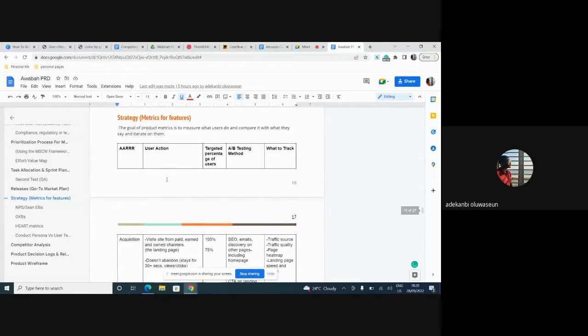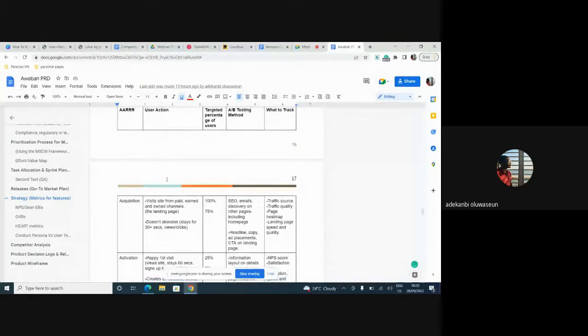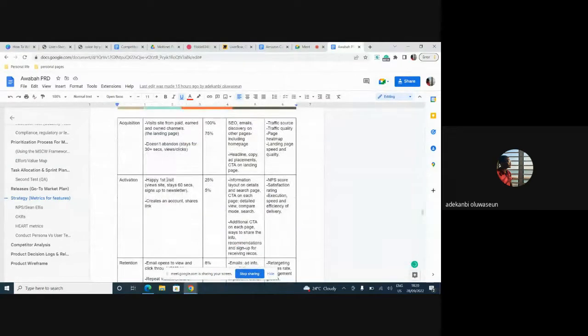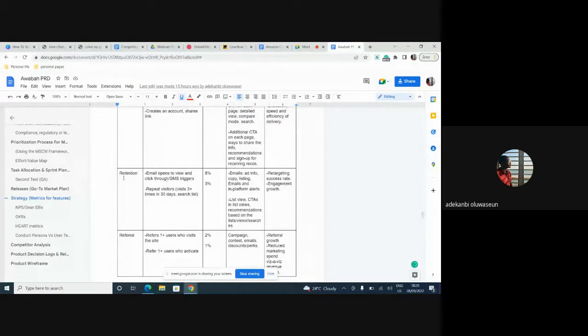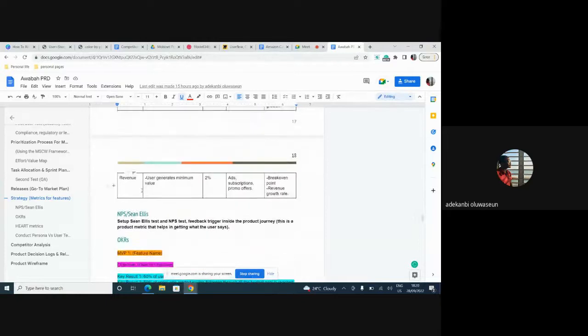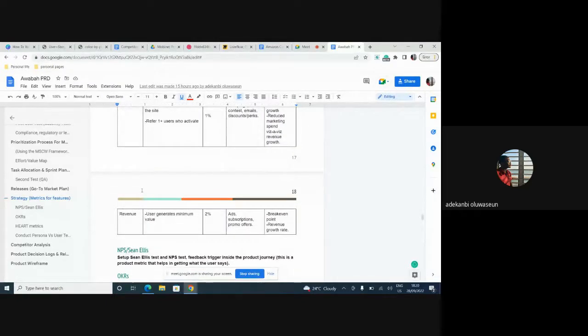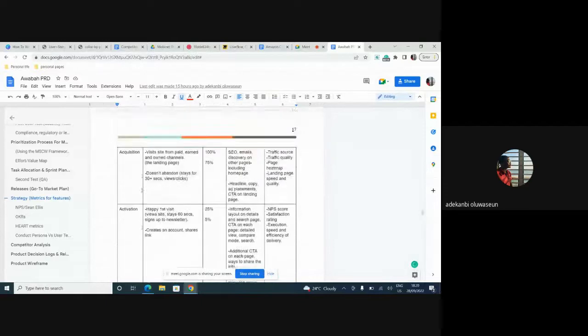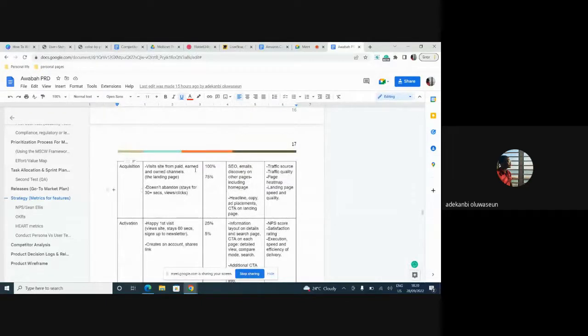So the first A stands for acquisition. The second A stands for activation. The third letter, R, stands for retention. The fourth one stands for referral. And the last one for revenue, right? And I'll tell you why this particular metric is the most important of all metrics. For me, other product managers might have other metrics that work for them, but I believe that the Pirate metrics is the basic thing. You can never go wrong when you apply Pirate metrics.